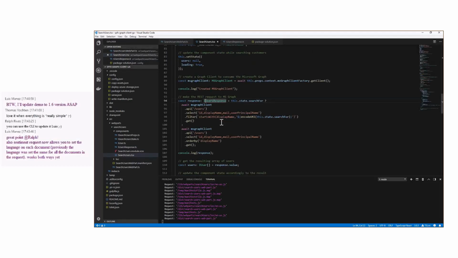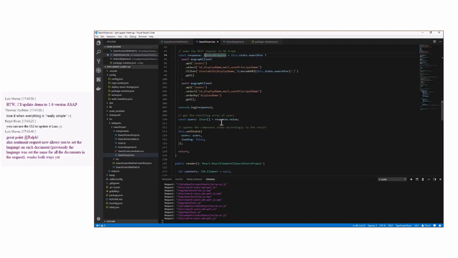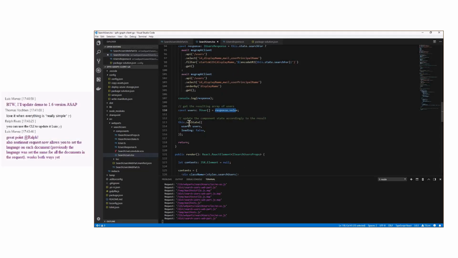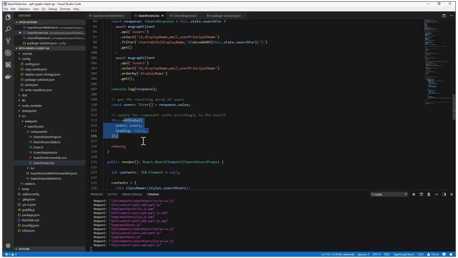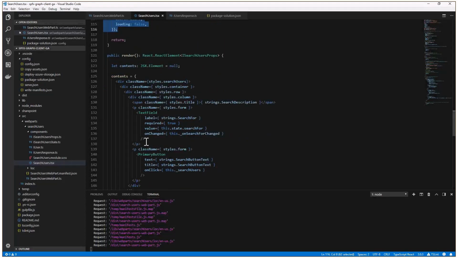And that's why once I have this object, I get the value property and I simply use it as an array of items that I bind to the UI using React in order to do the data binding in the UI. And then, of course, I do the rendering of my client-side web part and of the list of resulting items, if any. But in order to make it possible for this client-side web part to work and to consume